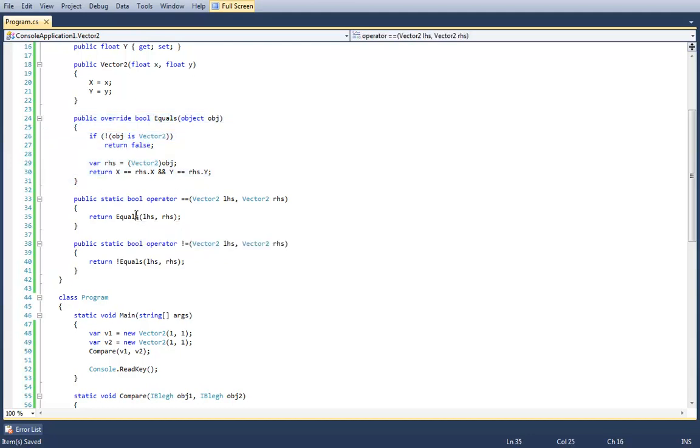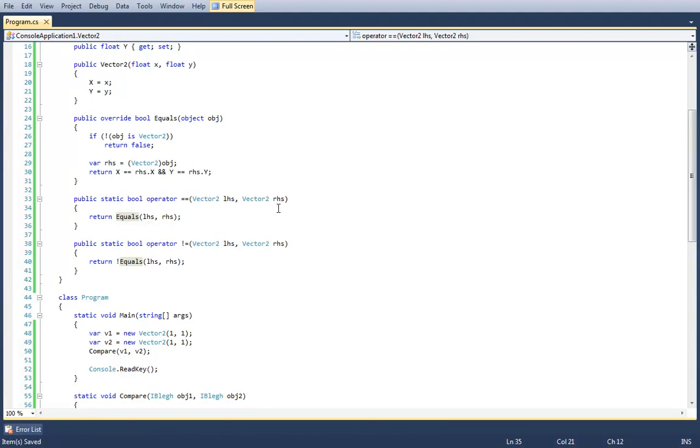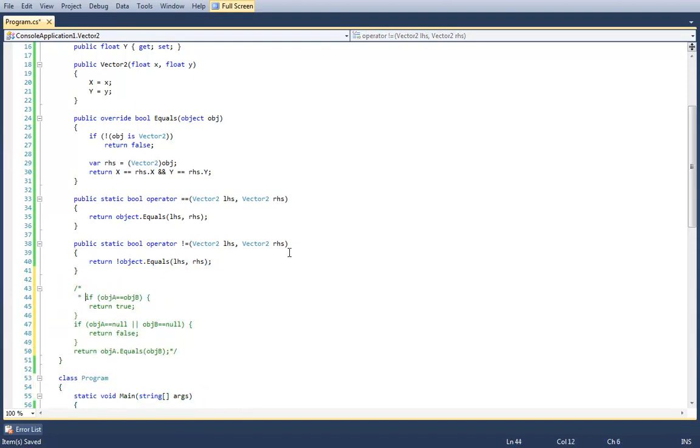And this is where it starts to get a little confusing, he said optimistically. But remember, the one we were talking about just now was left-hand side dot equals right-hand side. This is equals taking in left and right. And the implementation of this method, I'm just going to copy and paste it over. The equals static method, which is actually just an alias, is just going to be object.equals. It's a static method. It's not a method on this type itself. It's a static method on object. There's the implementation of the equals method.